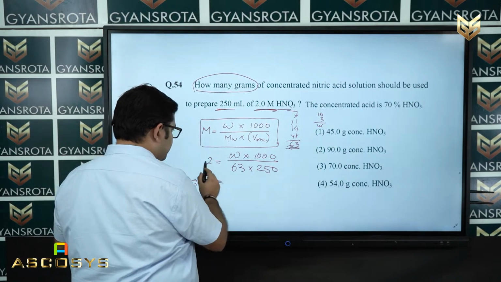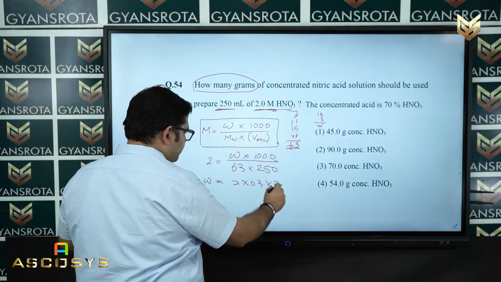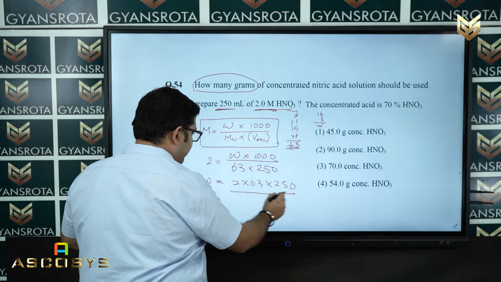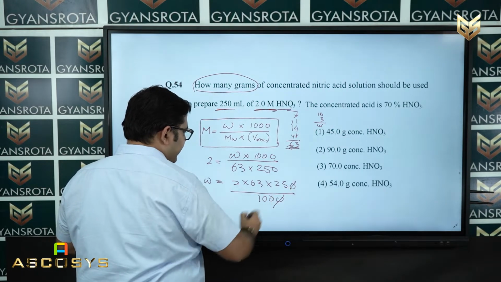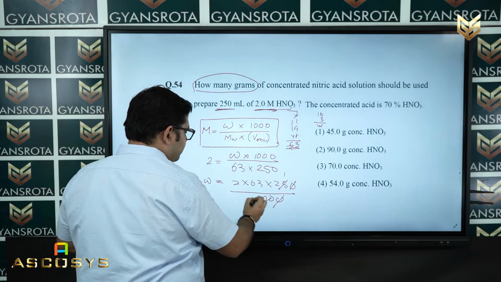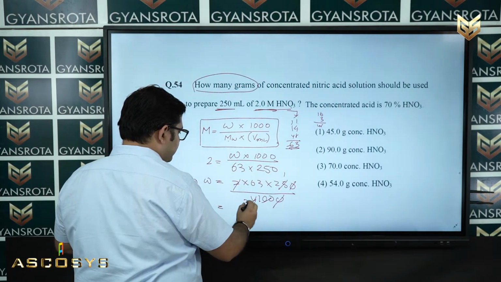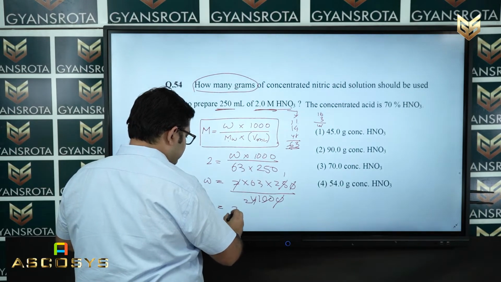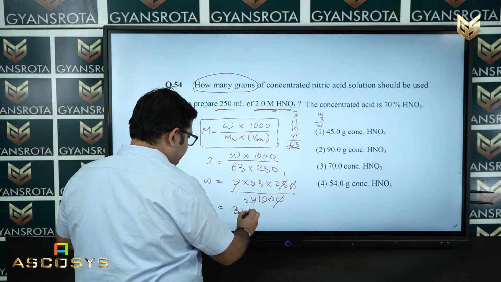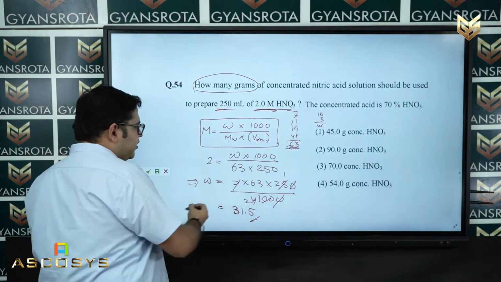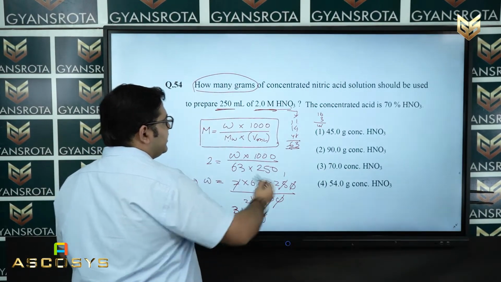W is equal to 2 into 63 into 250 divided by 1000. Okay, sorry, 1000. This one will cancel out. 25 into 4, 2 into 4, that is 2, it will be coming as 31.5. So W will end up with 31.5 gram, but this is not the answer, like they have given us